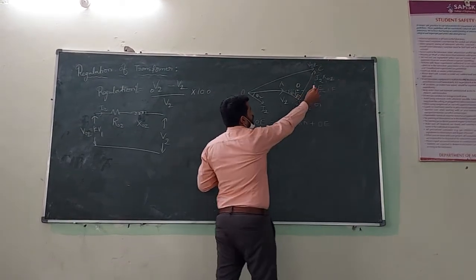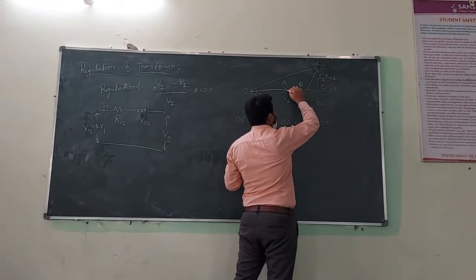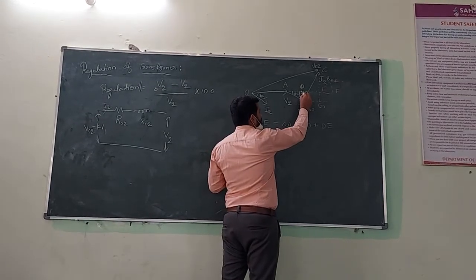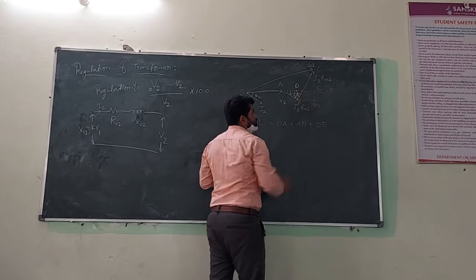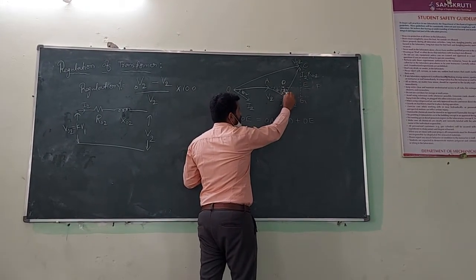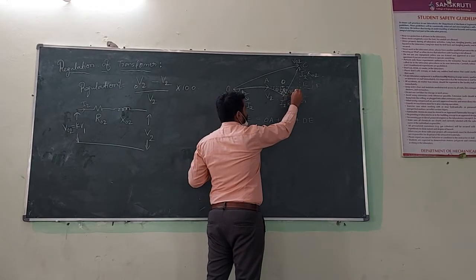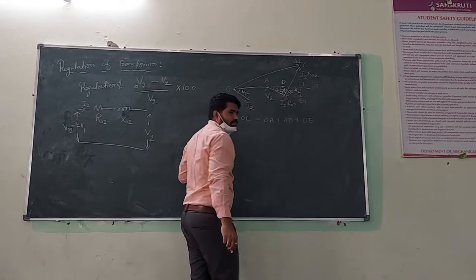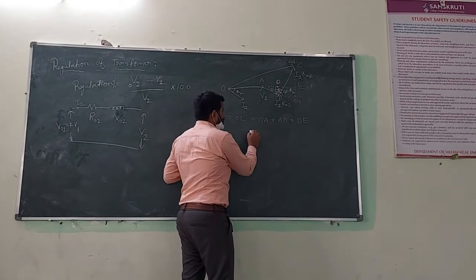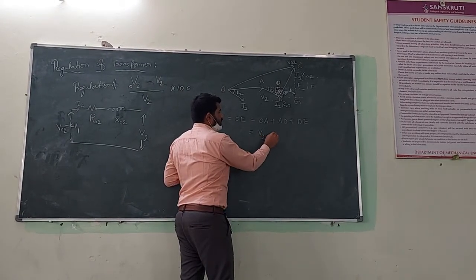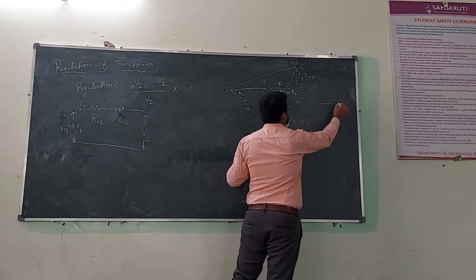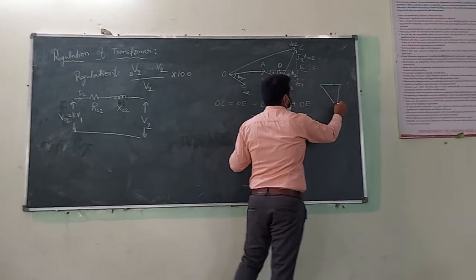We already know I2 X02 is at 90 degrees with respect to this current. After getting this, this value is also phi 2. If this is phi 2, now can anyone tell me what is this angle? 90 minus phi 2. Try to understand. To get this, now tell me what is the OA value? V2 plus. To get the AD value, I am drawing this circuit separately.